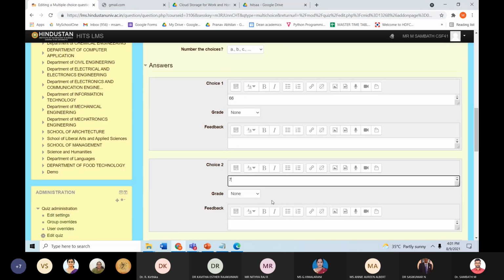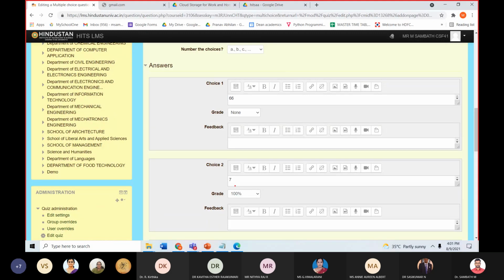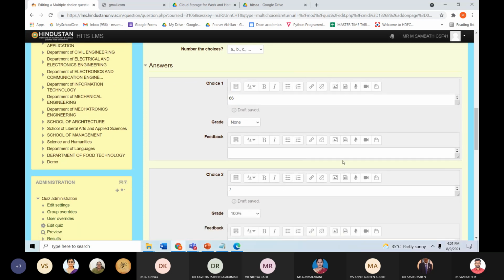3 plus 4. So what I have to do here in grade, I have to change it to 100%. It means that if I give the answer 7, you are going to give the 100% mark to the student. So that is the meaning of this. Other choices, you leave it none. For 6, I am going to leave it as it is, none, no marks.